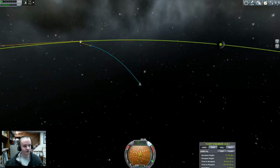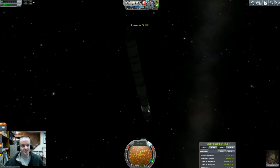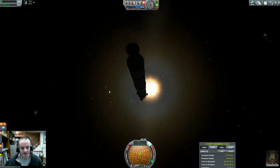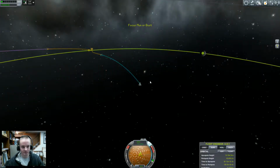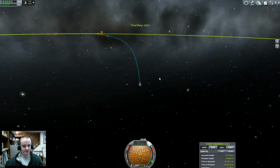And you can see our encounter here is changing. It's shifting around. Now I can just do this, and I have a periapse that I want. This engine must not shut off immediately, because I kill the engine and it still kind of spits out some thrust yet. Alright, so I'm going to go back into map mode. I'm going to time accelerate